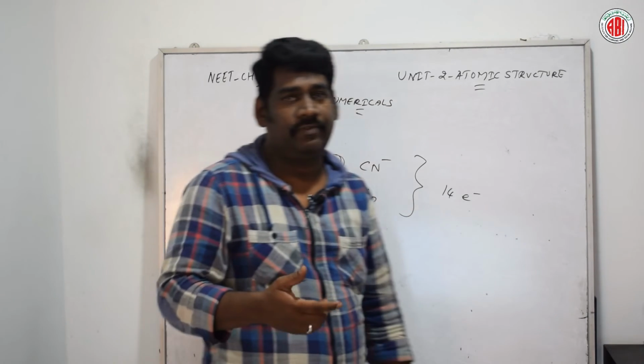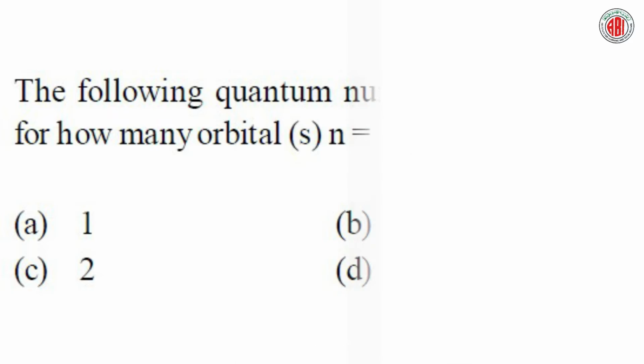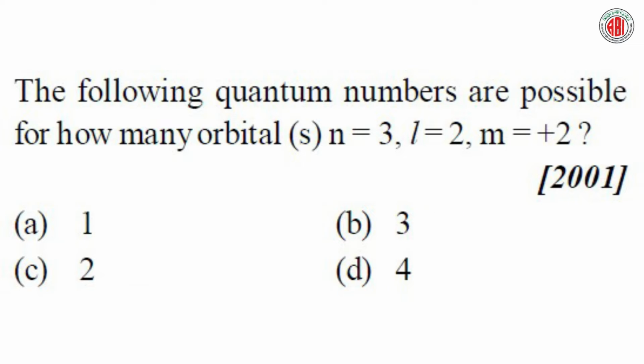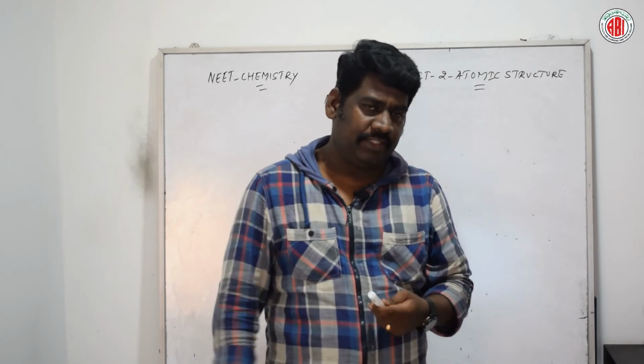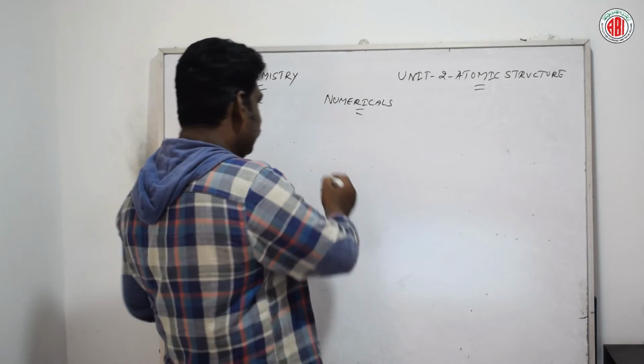Now let us go for the next question. Look at this next question, guys. The following quantum numbers are possible for how many orbitals? Here the n value given is 3, the l value is 2, and the m value is equal to +2. Let us see the right answer. According to this question, option A is the right answer, because